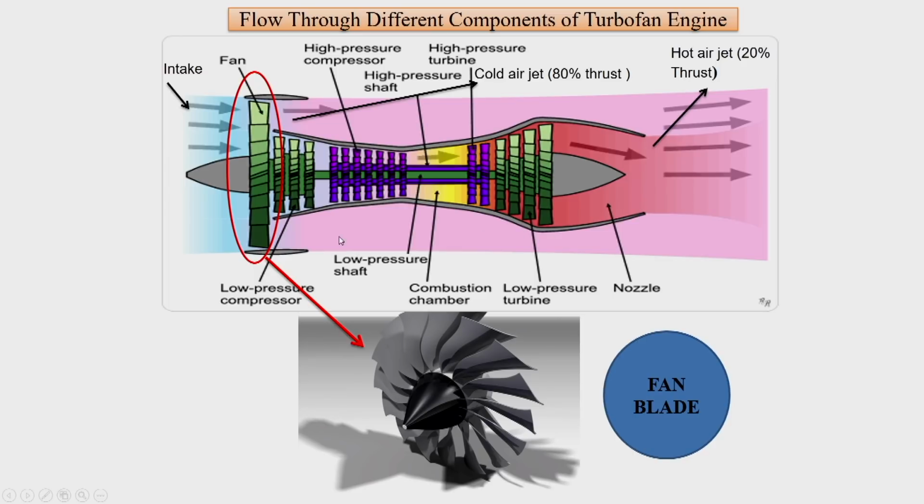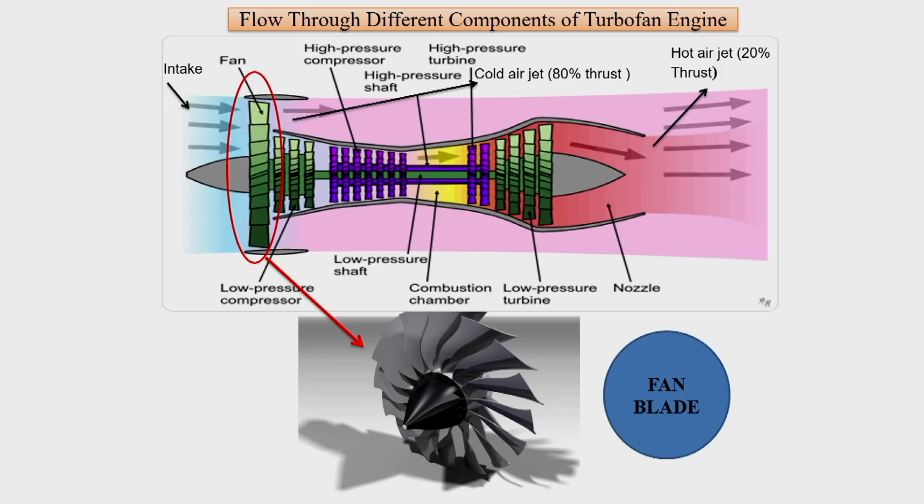So this is the typical fan at the entry to the turbofan engine. Then we have cold air based thrust and hot gas based thrust. Here the velocity of the jet would reduce, and since the velocity of the jet is reduced, a lesser amount of thrust is generated from the hot gas, and a small amount of thrust is also generated from the cold gas. The total thrust is the addition of hot thrust and cold thrust. But since the velocity of the jet is reduced, noise gets reduced. So turbofan engines are lower noise engines than turbojet engines.